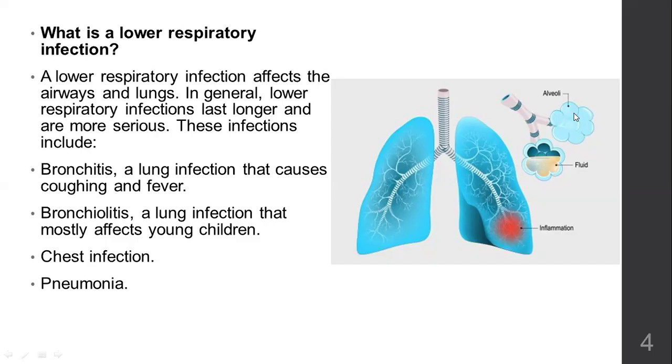So when inflammation happens, swelling will also happen. Because of that swelling, extracellular fluid will seep into the alveoli, so alveoli get filled with fluid. There is less oxygenation. If alveoli get filled with fluid, they will not be able to take up oxygen into the blood circulation. So lack of oxygenation and breathing difficulties will take place. These are the main differences between upper and lower respiratory tract infection.